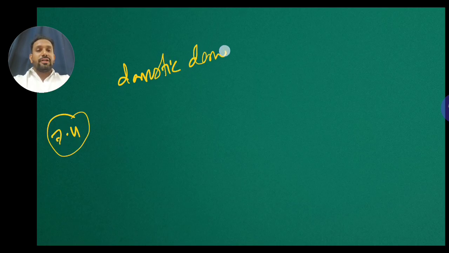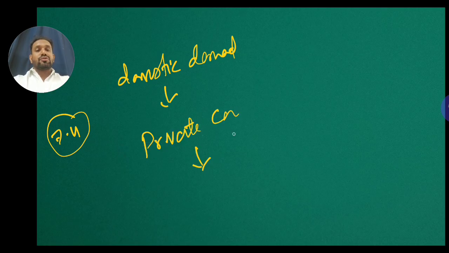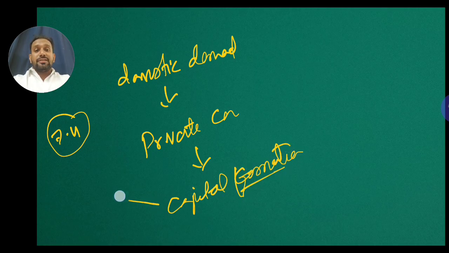The survey mentions that India's growth rate of 7.4% is basically driven by domestic demand. Then it also mentions private consumption. Then apart from private consumption, capital formation. The survey says that these are the three important variables which are doing very well. That is the reason we are able to see a 7.4% growth rate.